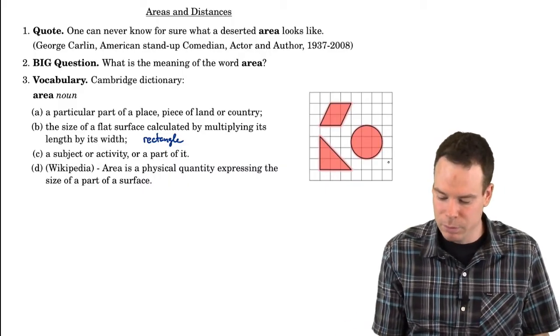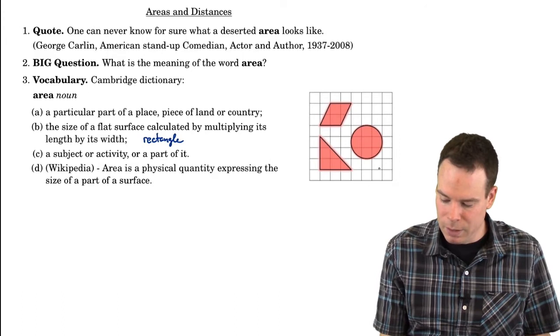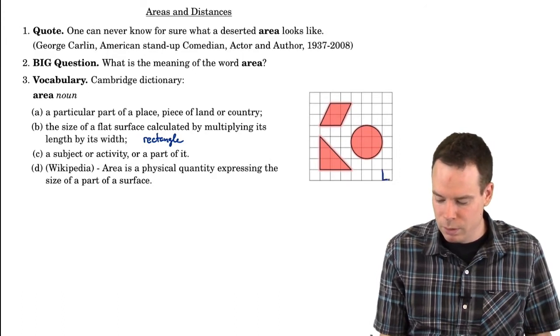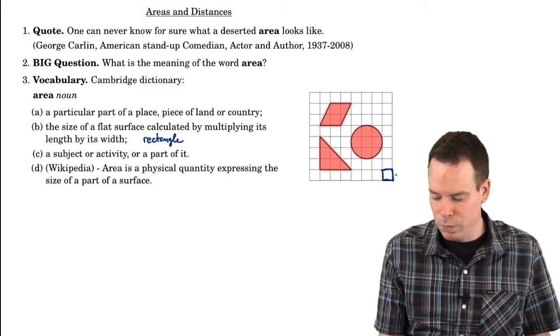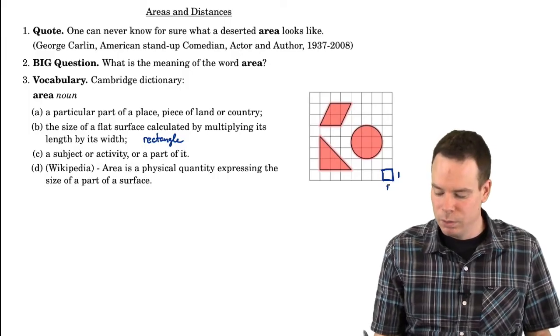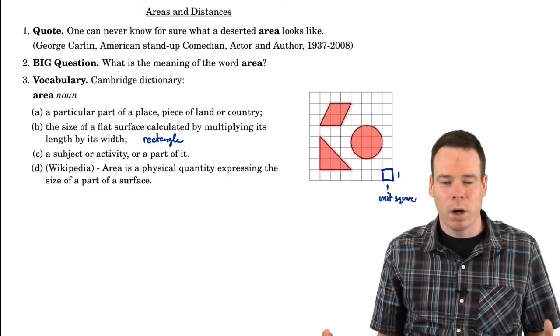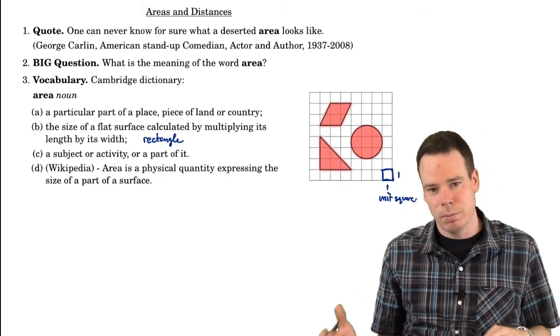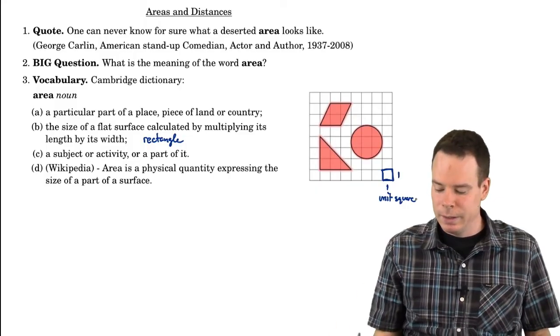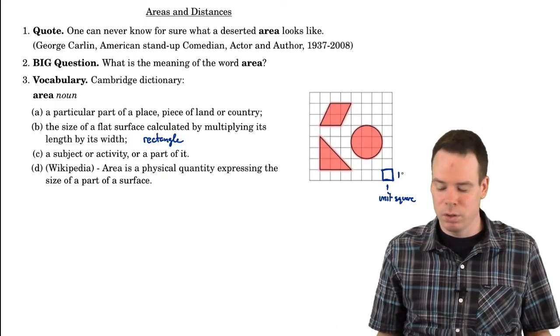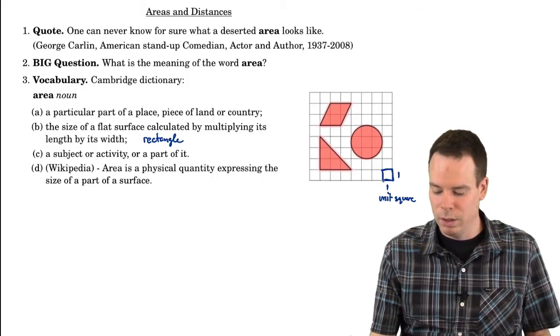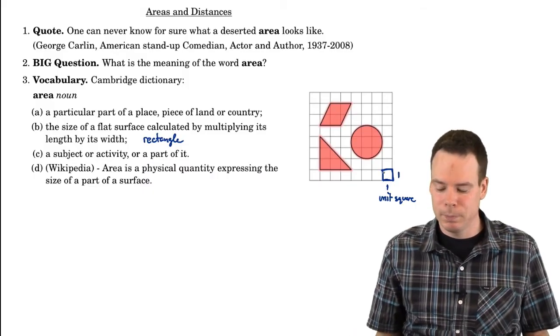So let's look at some of our regions over here. Here I've got them drawn on a square grid. And so I'm just going to identify this one square, we'll say it has dimensions 1 by 1. So this is a unit square. It's got unit side lengths. Now what are these units? Well, they could be 1 centimeter, 1 meter, 1 kilometer. It all depends on the context in which you're working. So we're just going to call this 1 unit, and therefore this is a unit square,